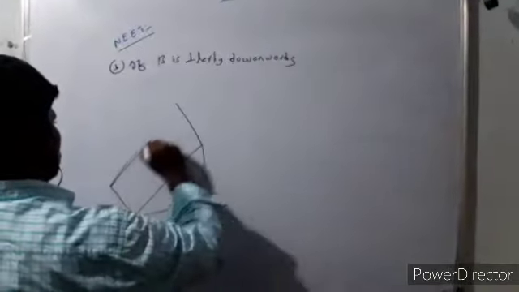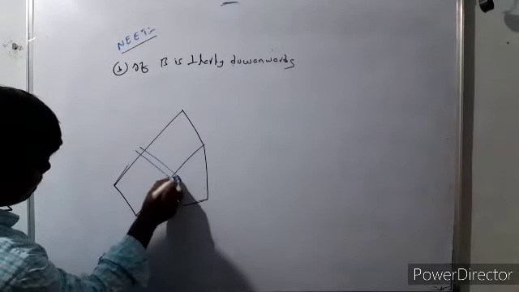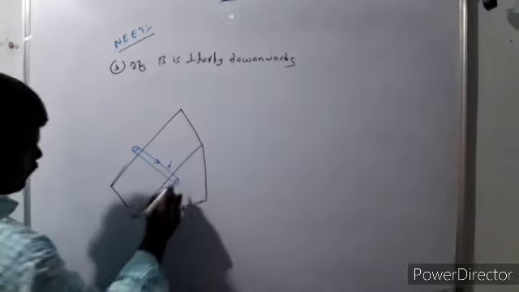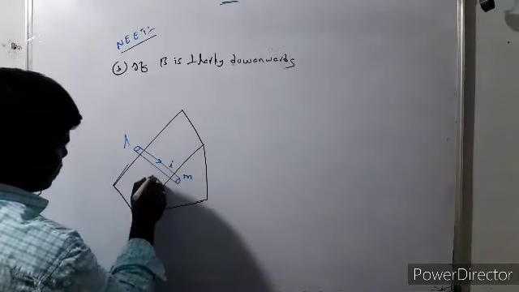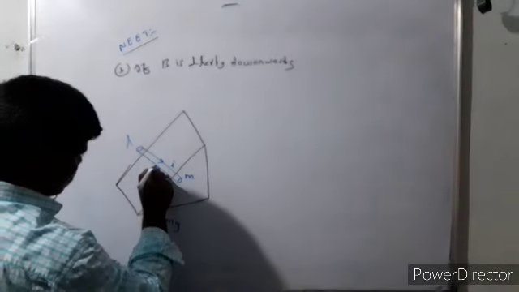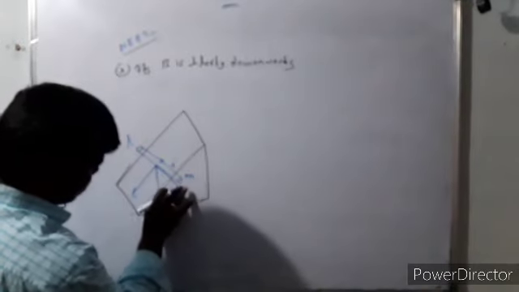This is the inclined plane. Now there is a conductor on the inclined plane like this. Let I be the current in this conductor. M is the mass and L is the length. The weight of this conductor acts vertically downwards, mg. If theta is the angle of inclination, resolve mg into components.